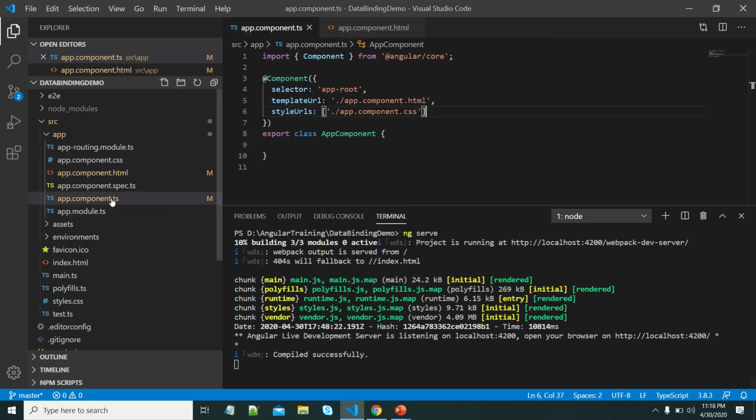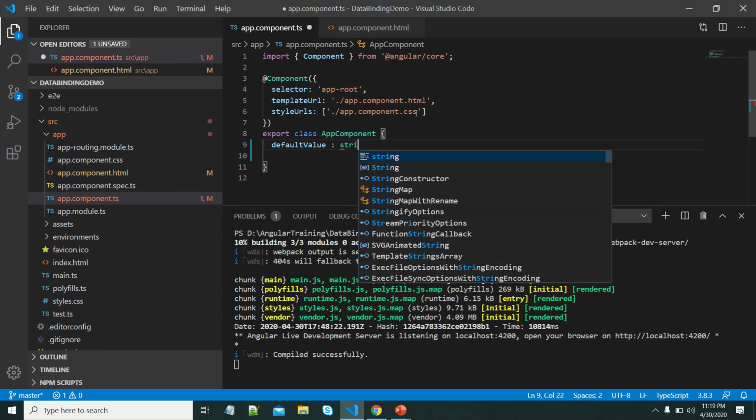Generally, interpolation is used to pass the data from the app component to the template. Let me create one variable here. Let me take defaultValue. Let me put it as string.